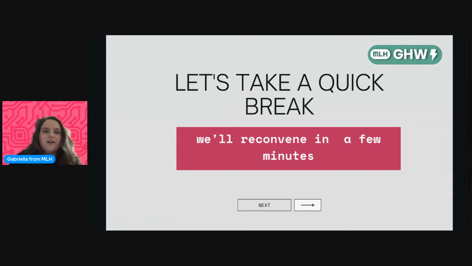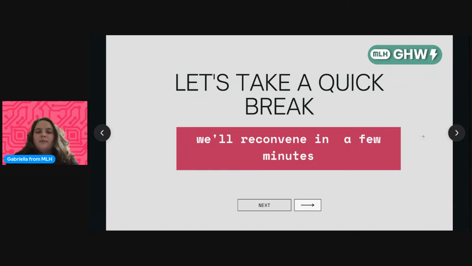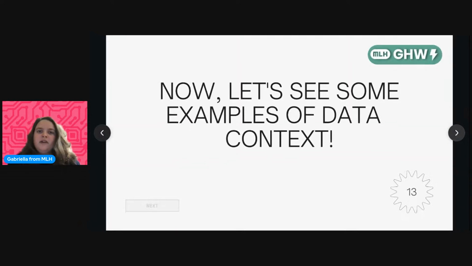Okay, let's get started. Now we're going to dive into some examples of data contextualization I've done in the past and how you can implement similar strategies in your data presentations or data visualizations. I'll talk about what went well with these examples and what could have been improved. If you see anything in particular that you think could have been improved or was done really well, feel free to shout it out in chat and we can talk a little bit about it. So the first example,